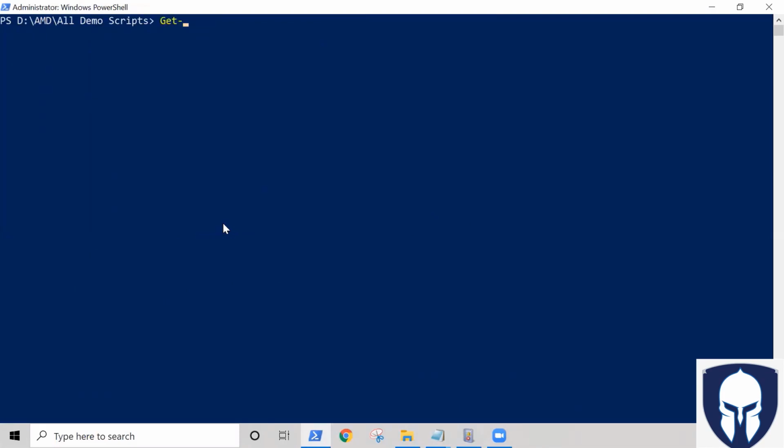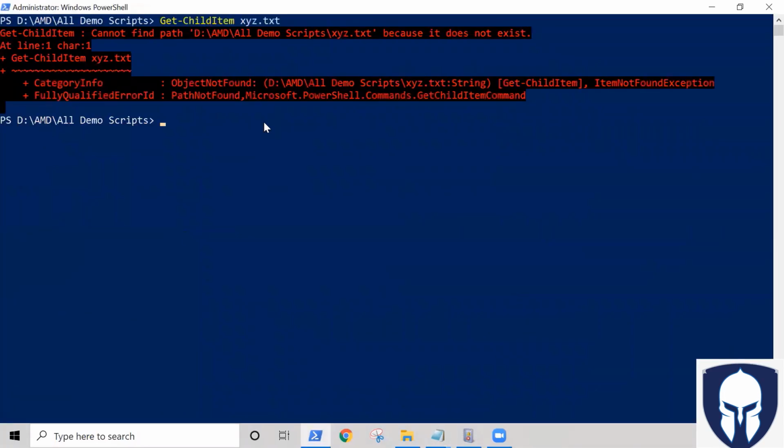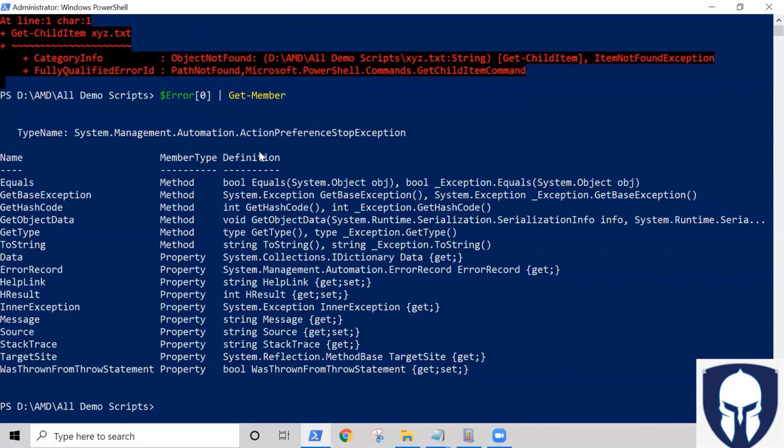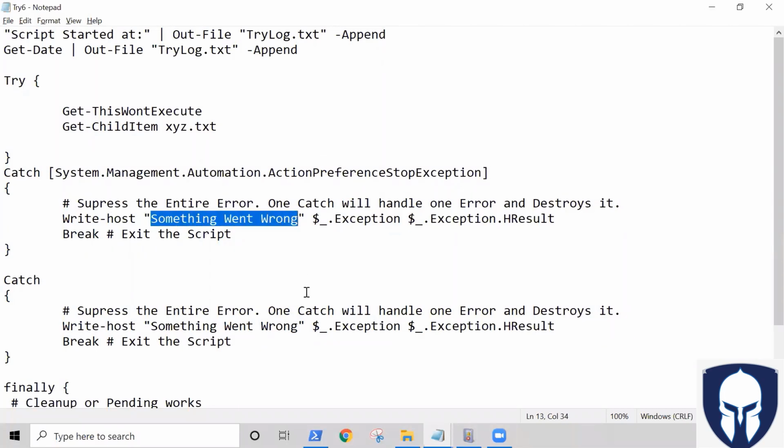Okay, I'm going to run Get-ChildItem. I'm going to do this thing. And now it is in $error. Get ErrorActionPreference Stop exception. I'm going to just copy this, and then paste it, and then here I'm going to print, let us say,